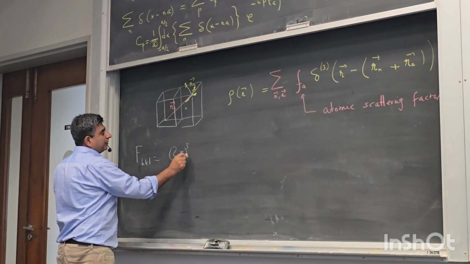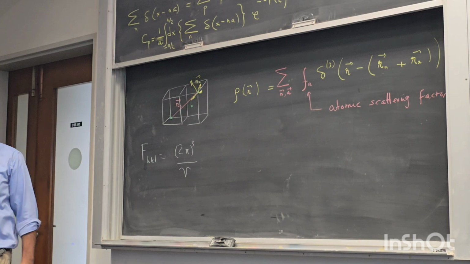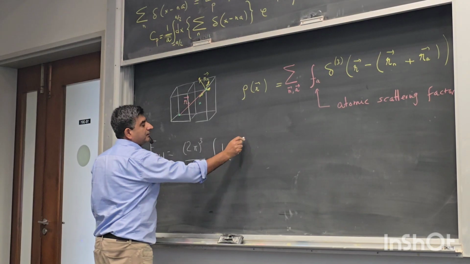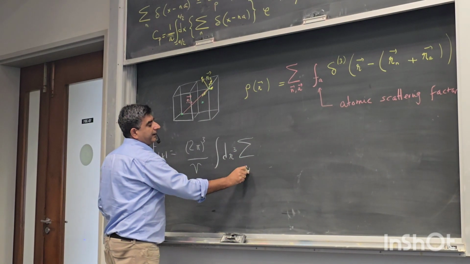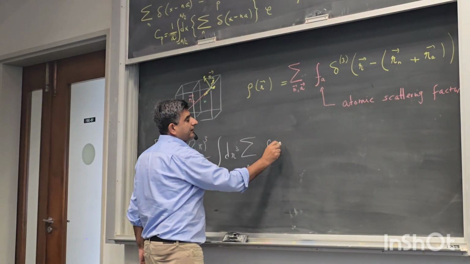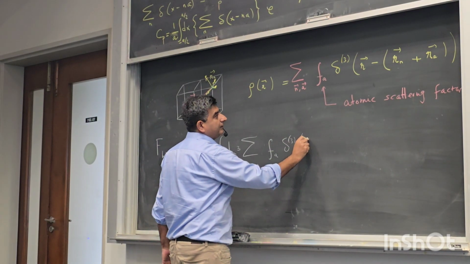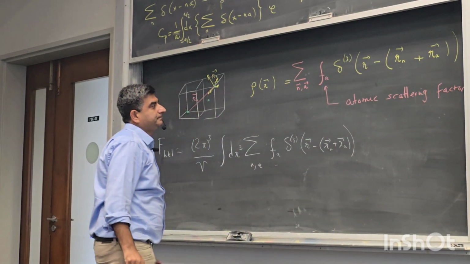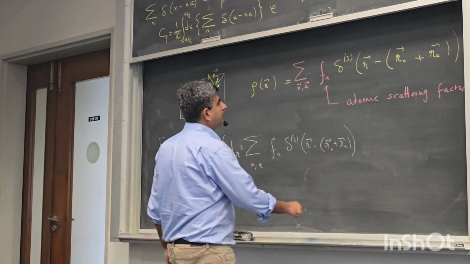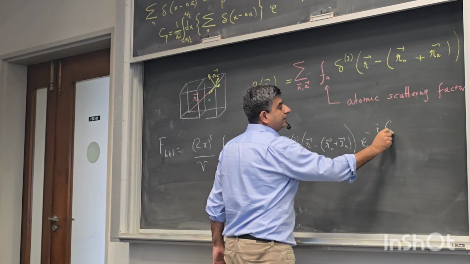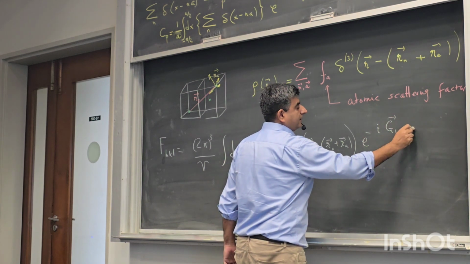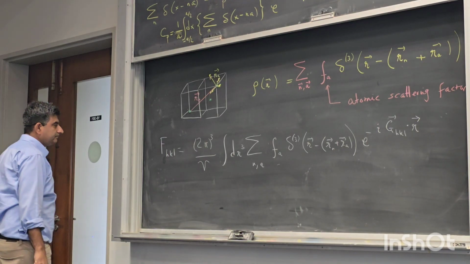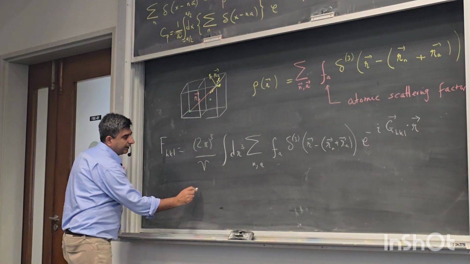Two pi cubed. Now this is a kind of inconvenient legacy, but never mind. d cubed r, N_a, F_a, e. Okay, so if I break this down,